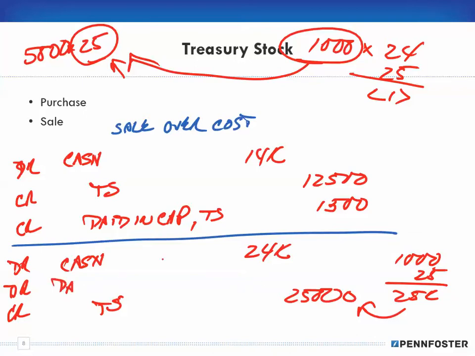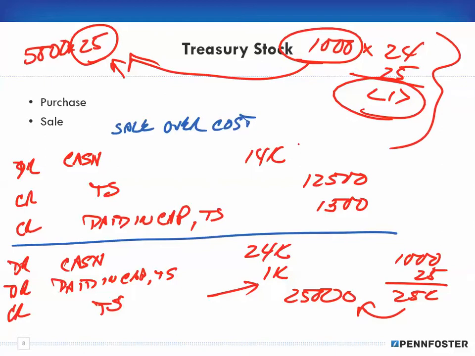So I have to debit my paid-in capital, treasury stock, for the difference between the two of $1,000. I just need to look and say, what's the difference between debits and credits, and I back into that $1,000 amount. I don't have to go through the mathematical gyrations of calculating 1,000 shares times the $1 less. So I'm actually being more efficient, saving time, and have less chance of an error by just taking the difference